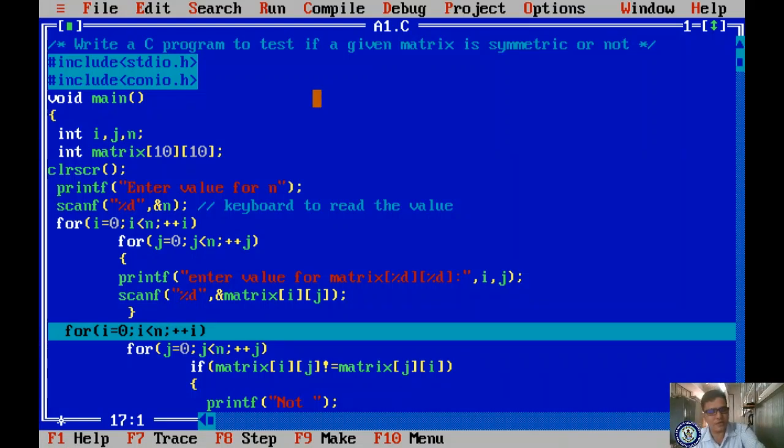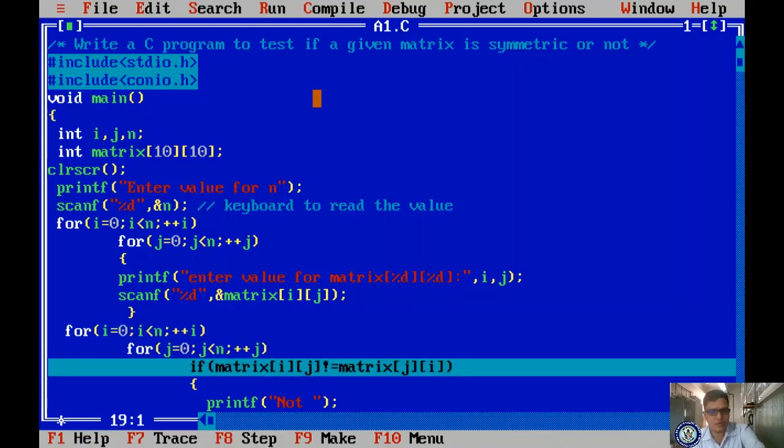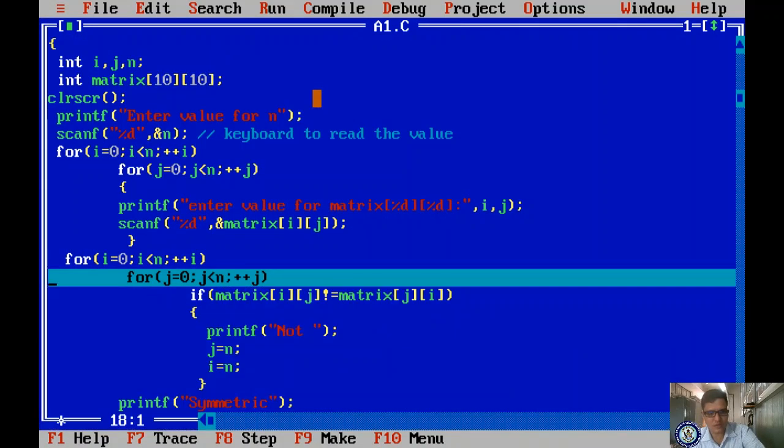It is entering into the nested for loop. It follows the logic, right? 0 0 and 0 0 are the same. Yes, true. If it is true, it doesn't come here, right? Once again it will come here. Let me press F5. Yes, now you are seeing here, right? F7.